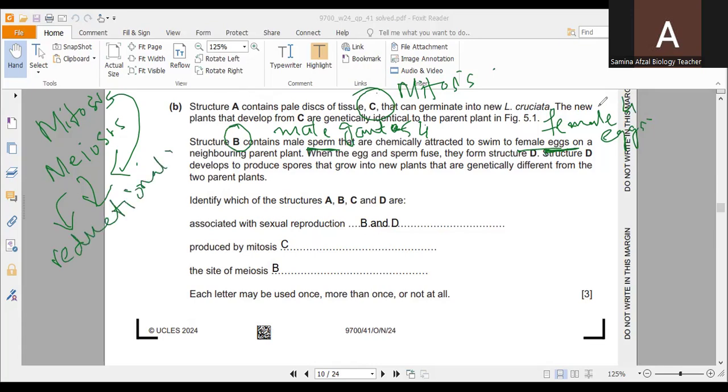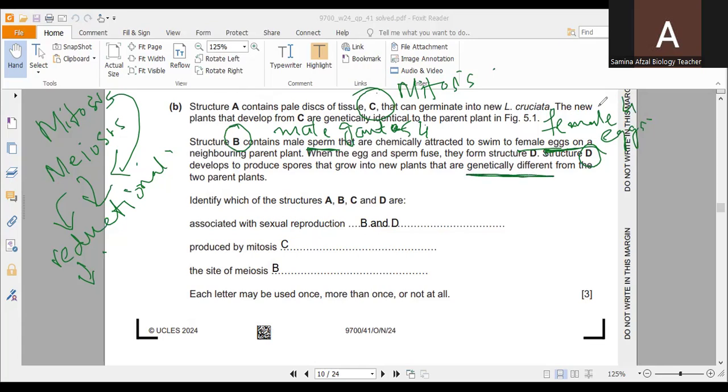because the daughter cells produced as a result of meiosis all have the haploid number of chromosomes instead of the diploid number, since gametes, sperm cells and egg cells, are formed. So I think it's enough. Structure D develops to produce. Structure D will be the zygote to produce spores that grow into new plants that are genetically different from the